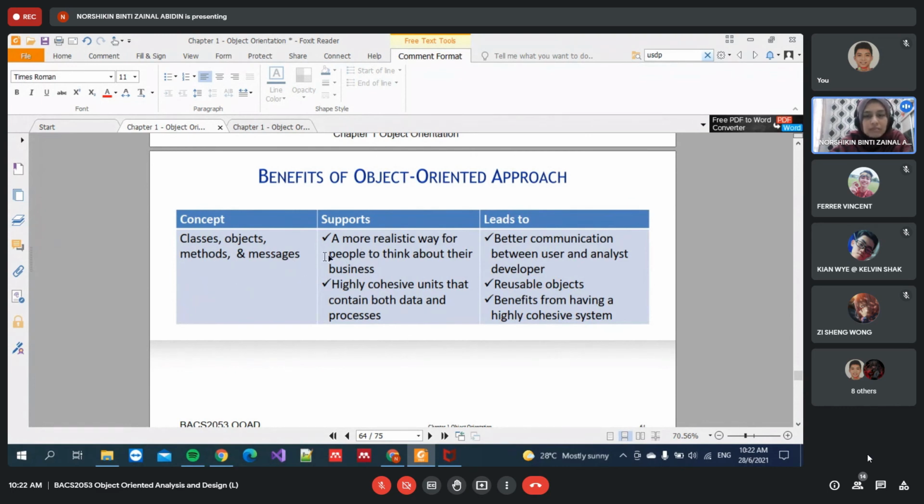So the first one, more realistic way for people to think about their business. So actually, when you are working, instead of explaining,